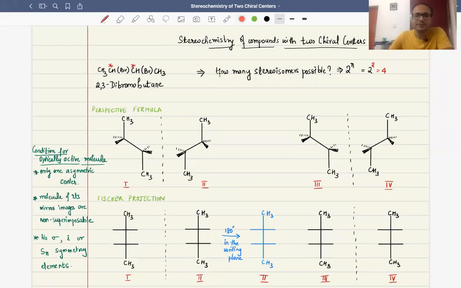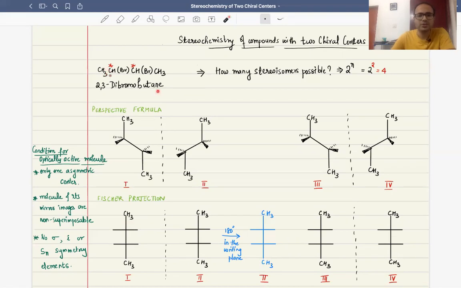Hello everyone. So today in this video we are going to look into the stereochemistry of compounds with two chiral centers. So far we have been discussing only one chiral center. So in this video we will look into molecules with two chiral centers. To start with, we take the example of the